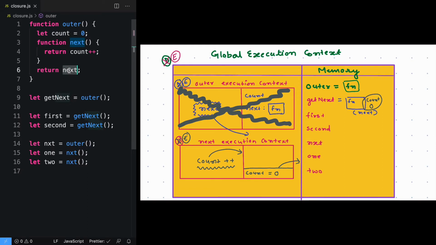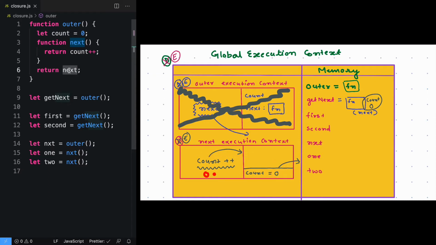So now think what will happen. On this line of code, we are saying count plus plus. So we'll go into our memory, we'll look for the variable count. Will I find it? Not at all. And when you could not find it, it will not directly go to the parent because there is an existence of another box. It will go and look inside that. And this box has a value of 0. So what will happen?